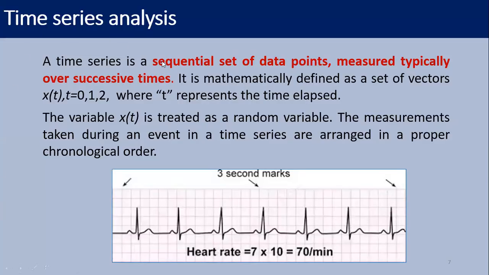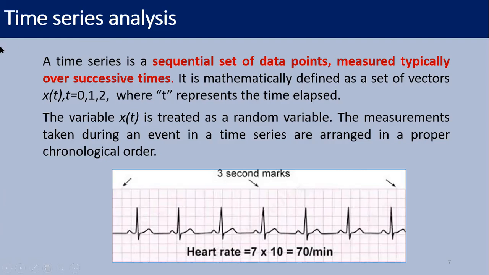Most commonly we use time series analysis, a type of graphical representation and analysis method we basically use in most troubleshooting activities. You can see a very good example here: our heart rate, how to measure it. We have equipment called an ECG, then we can get a print after measuring our heart behavior. So it is also a time series analysis.